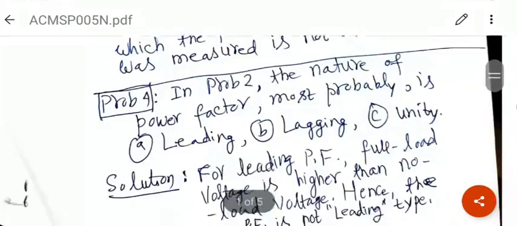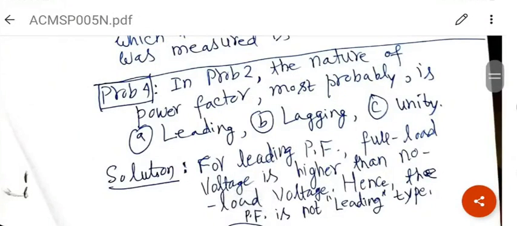This is how qualitatively you answer these kind of quiz questions. If the voltage regulation is negative, then you have a leading power factor. If voltage regulation is positive, you have either unity power factor or lagging power factor. Now, if the voltage regulation is high, then you have a lagging power factor. If the voltage regulation is positive but small, then probably you have a unity power factor. These are ground level realities in alternators. That's why I'm showing you all these problems.